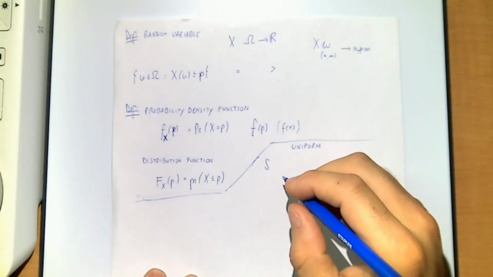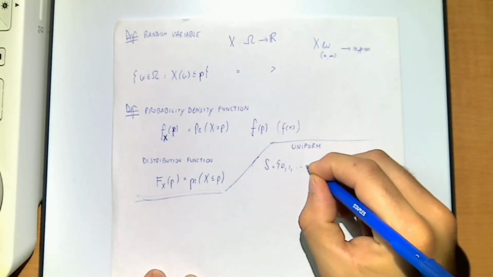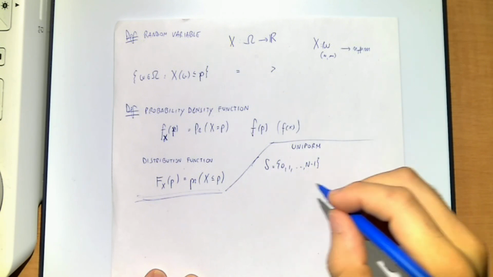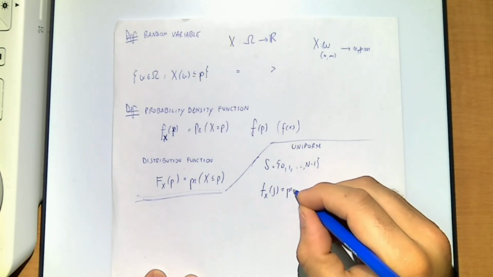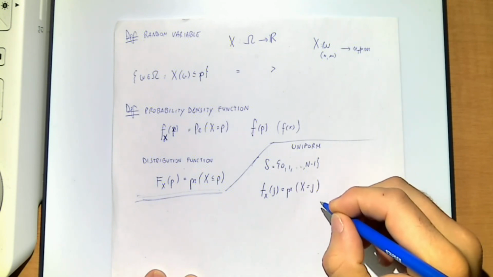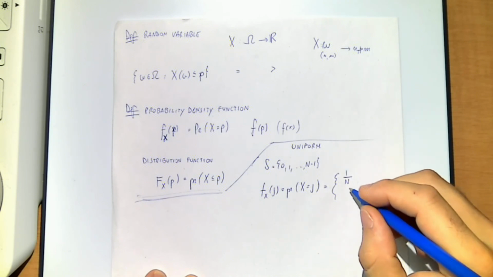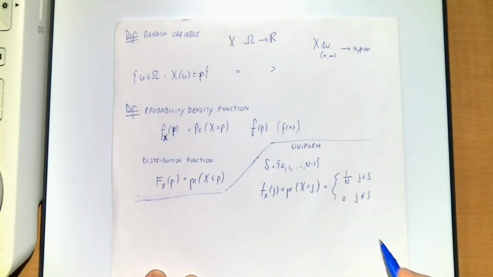If I have a set S that contains n elements, for example 0, 1, up to n minus 1, then the random variable is given by f(x)(j), which is the probability, remember, that x is equal to j. It is defined exactly as 1 over n if j is in S, or 0 if j is not in S. This is more a sanity check, but in general, what you care about is that for every element of the set, the probability of the random variable taking that value is exactly 1 over n.